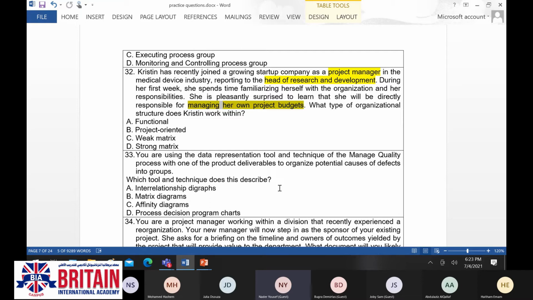Which tool and technique does this describe? Matrix diagram, process decision program chart. Here it's an affinity diagram because in an affinity diagram they make groups.